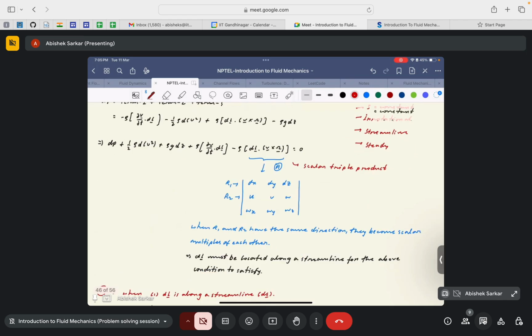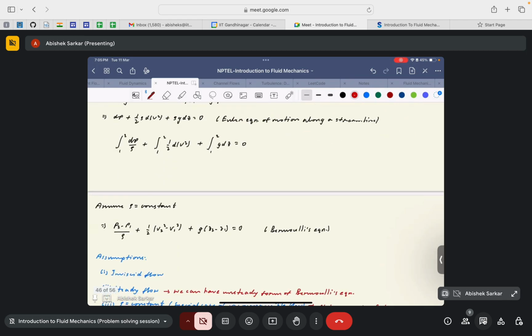So if I finally assume that rho is constant, then I can take rho out of the integration, and we can write it as (p2 minus p1) by rho plus half (v2 square minus v1 square) plus g into (z2 minus z1) equal to 0,